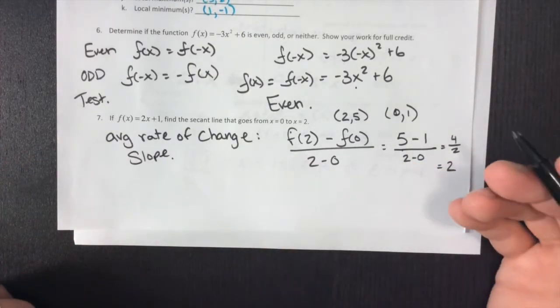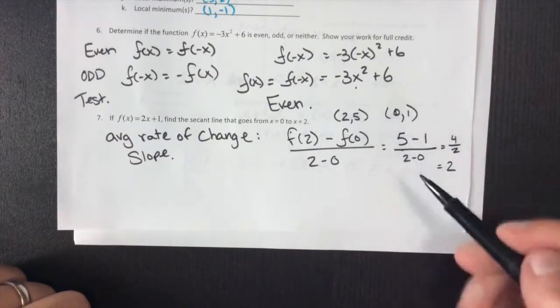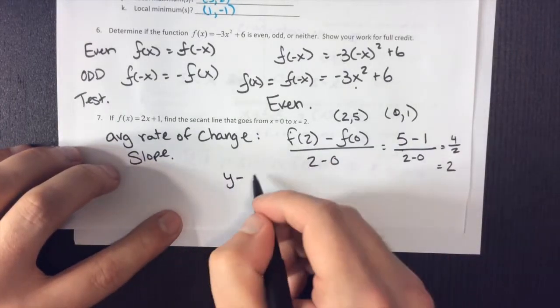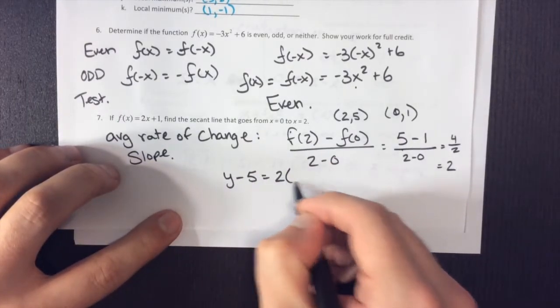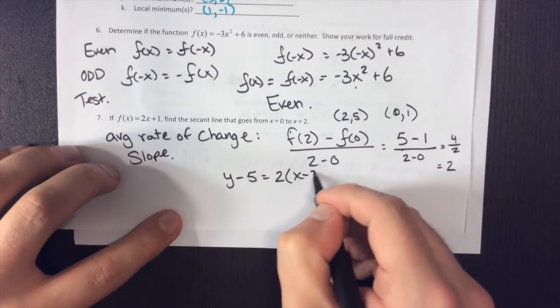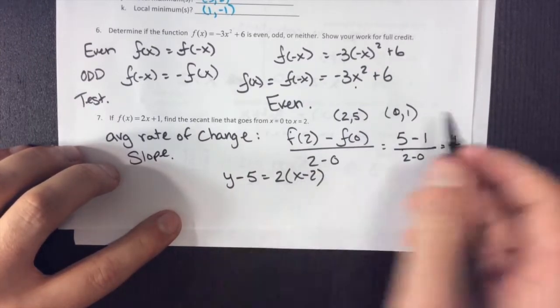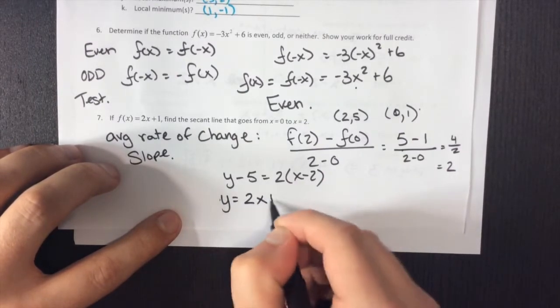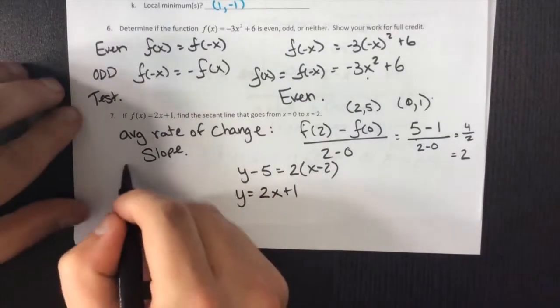So I can write my equation just by plugging in either one of these points. So I can have y minus 5 equals 2 parentheses x minus 2. That's one of my equations. Or I know that this is my y-intercept, so it's y equals 2x plus 1. If you look at this graphically,